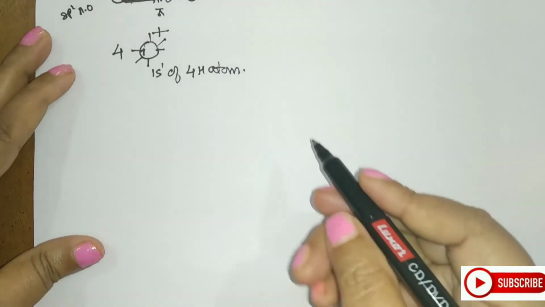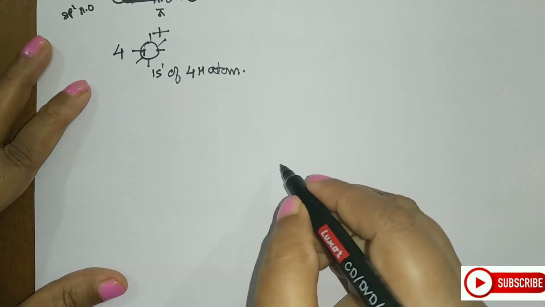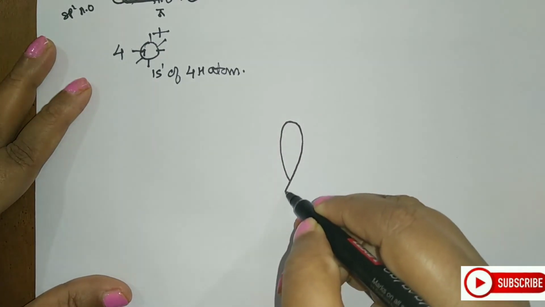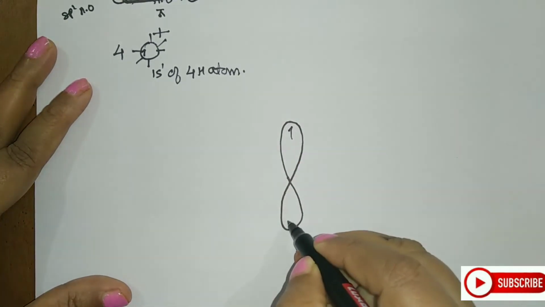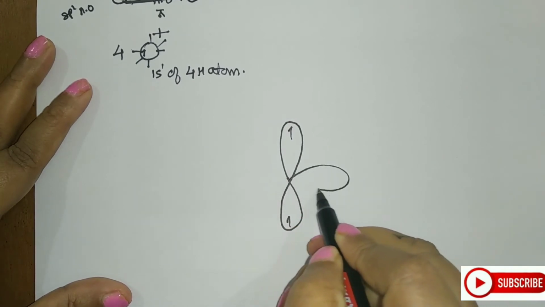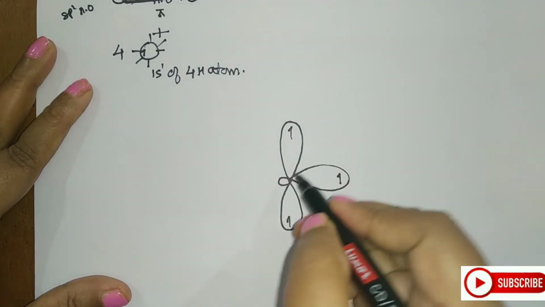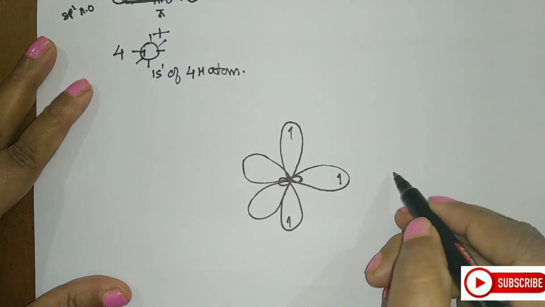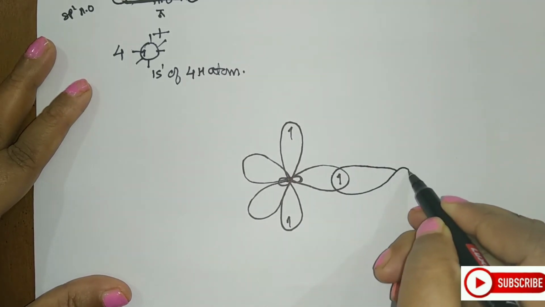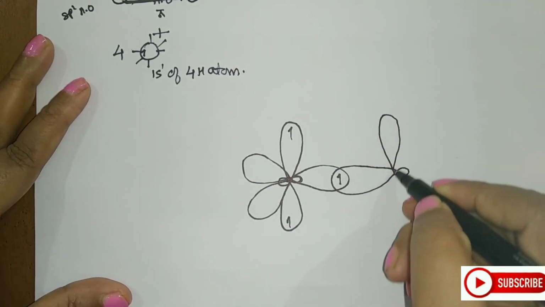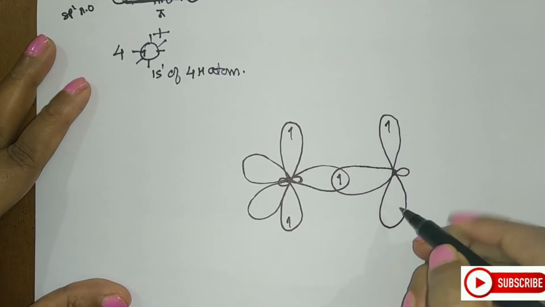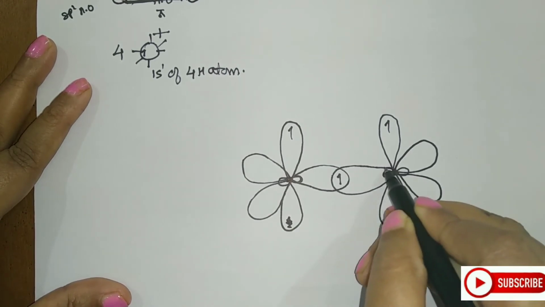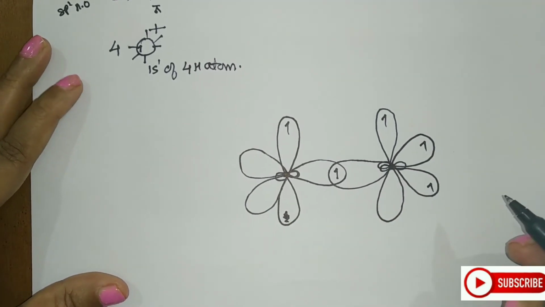So let us see the final structure for the C2H4 molecule. The molecule will be something like this. I am drawing the unhybridized orbitals first. So this is what I have. This is the hybrid orbital, that is 1 here, the second one in this way, and the third one in this way. Similarly, I will make an overlap onto this, the first one. This is the unhybridized orbital. Sorry, and you will have the hybrid orbitals in this way and this.